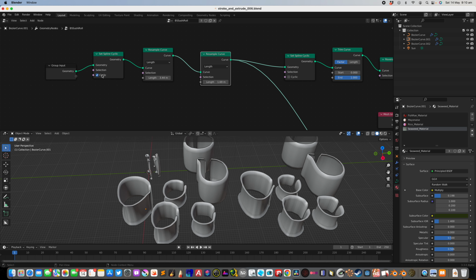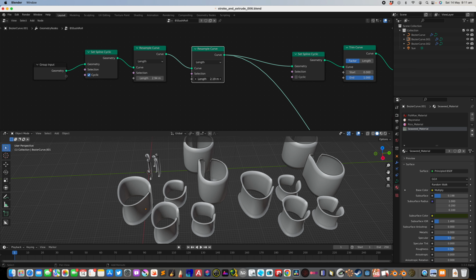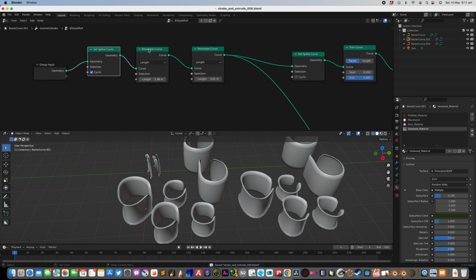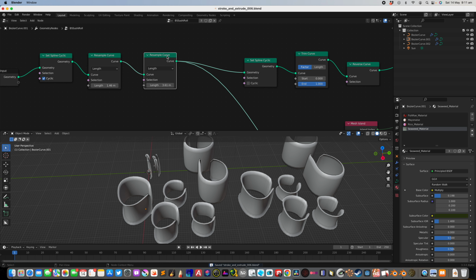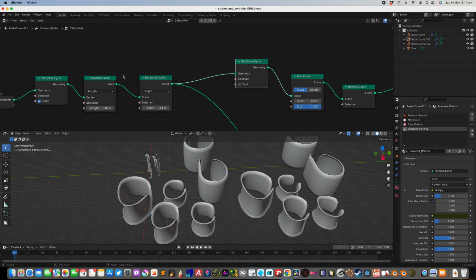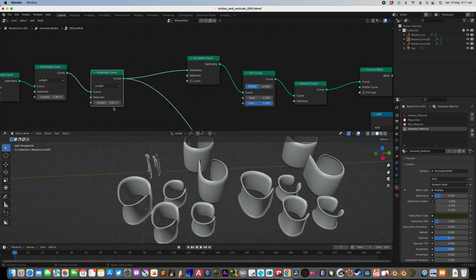I usually like to close the curve first and then resample it so I can control the resolution of the curve, and then resample it again just to get a smoother shape. Okay, this is one of the tricks. Maybe you like this or maybe you don't, but it's something to consider. There's another way to do this. So resample twice and we have a smooth